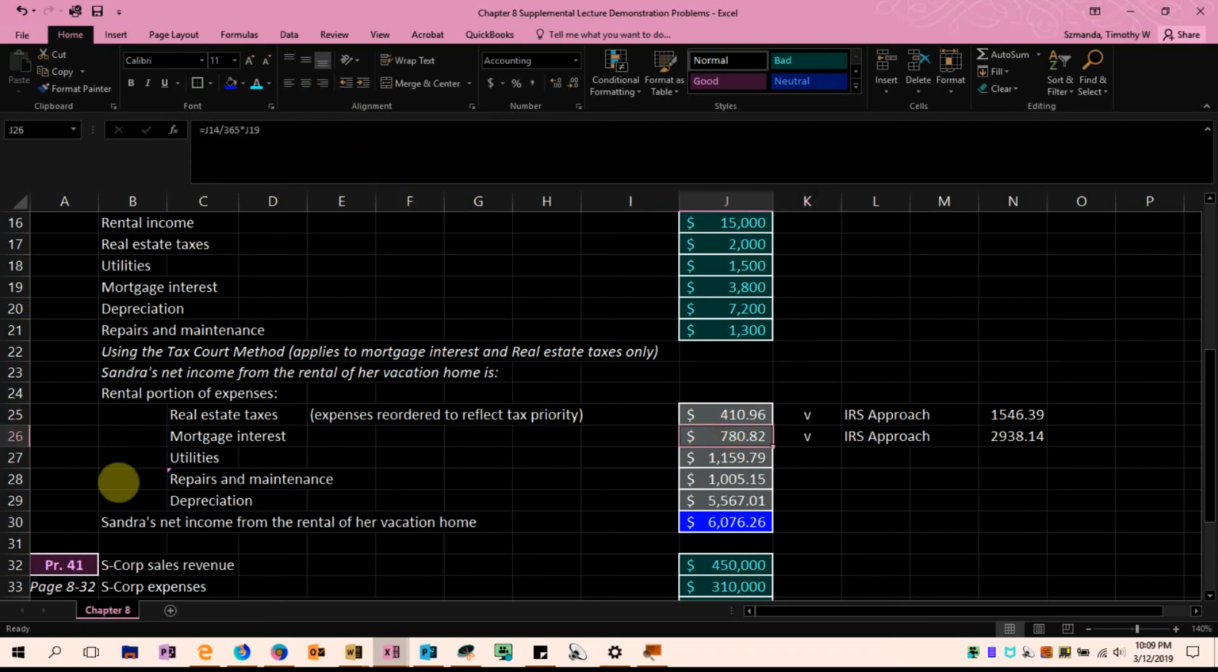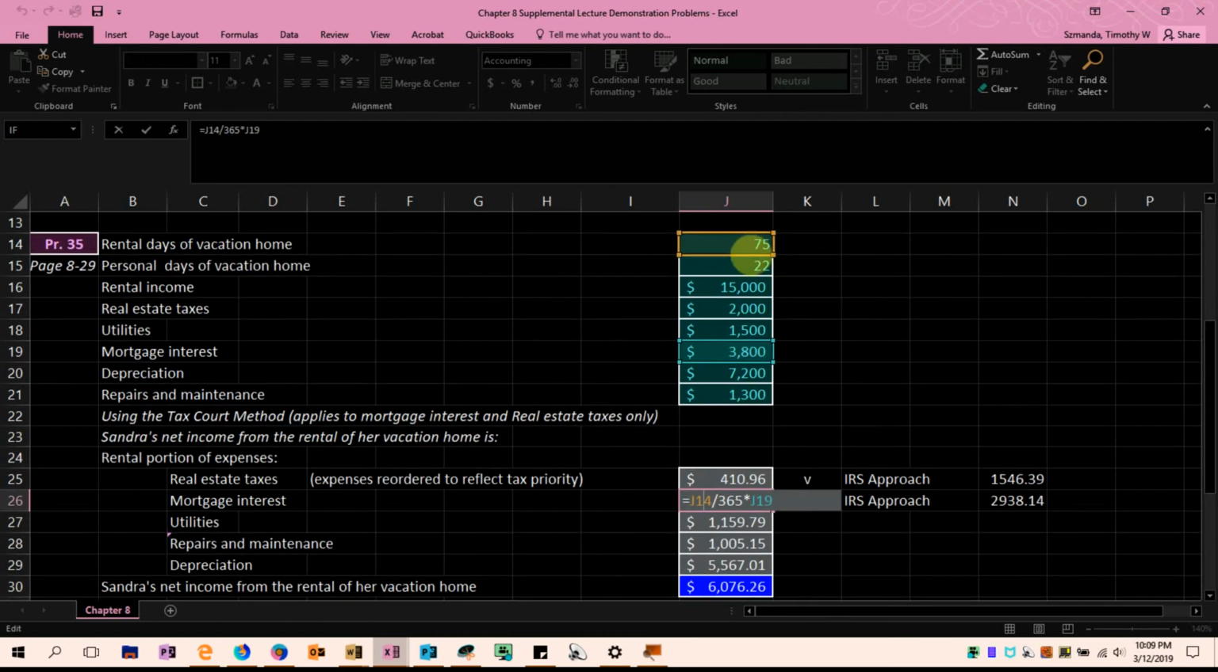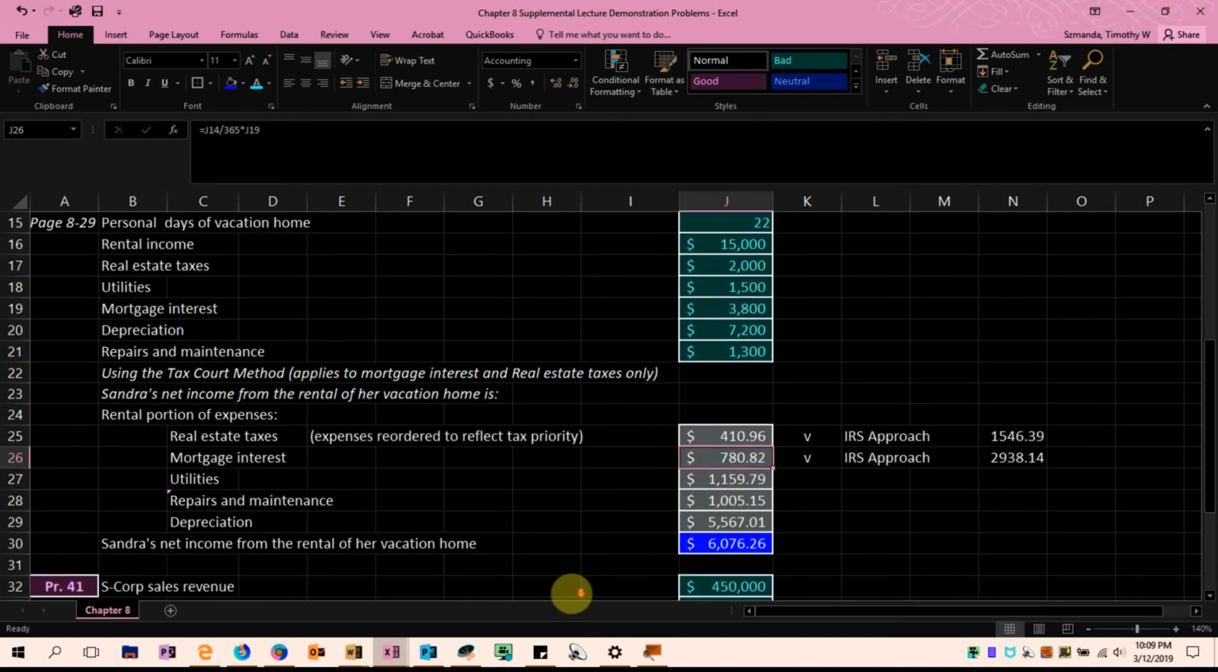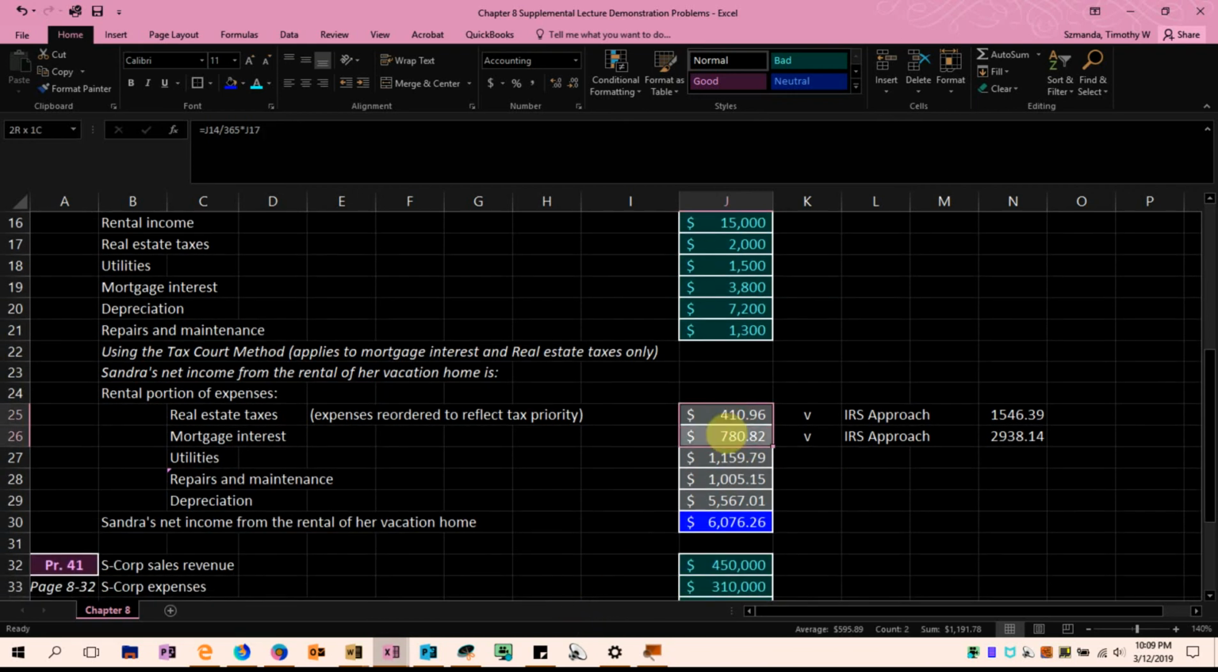And now using the tax court approach for mortgage interest, here I'm going to take that same 3,800, but in this case I'm going to multiply it by 75 days divided by 365. And that'll give me a total allocation of mortgage interest of $780.82. So you can see that we don't get the big expense deduction on page 1, Schedule E, when we use this tax court approach. However, as you know,